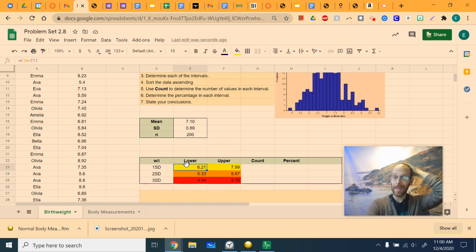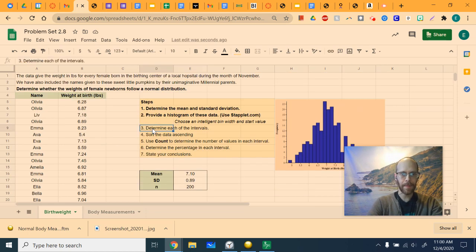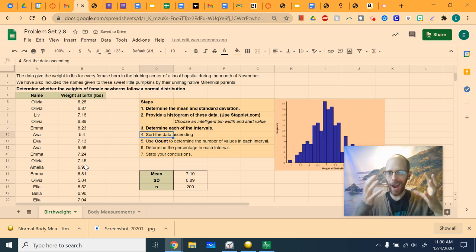This is what I find to be kind of the trickiest part. Our first interval goes from 6.21 to 7.99. So I need to come over here and find all of the values that fall in that interval. It would be really hard the way the data is organized, but if we sort it ascending, that'll make everything